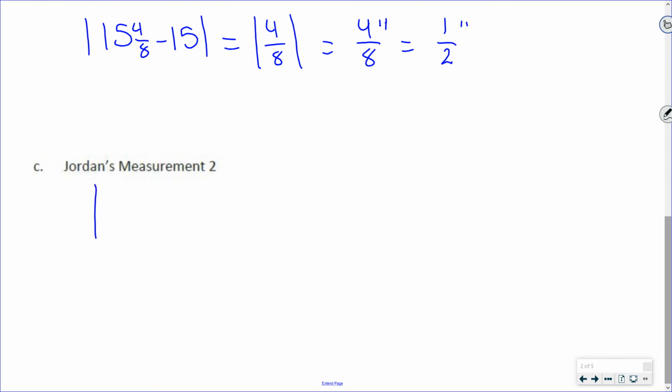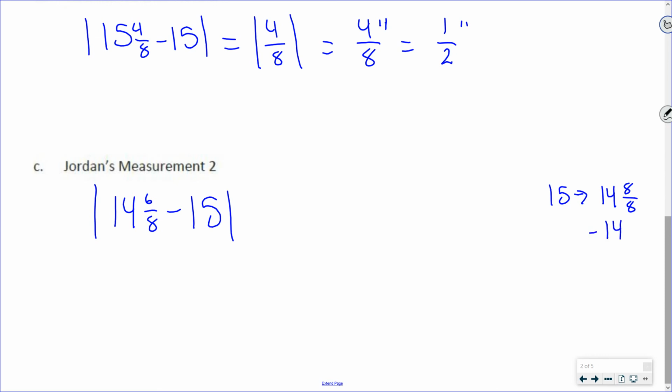So we're going to do the absolute value of 14 and 6/8 of an inch minus 15. Okay, so we're going to come over here to the side. We're going to do 15. Now 15 can be written as 14 and 8/8. Now why are you doing 8/8, Mr. Hale? Because this fraction has a denominator of 8. So I'm borrowing a whole from 15 to make it a whole of 8, make it a fraction of 8/8